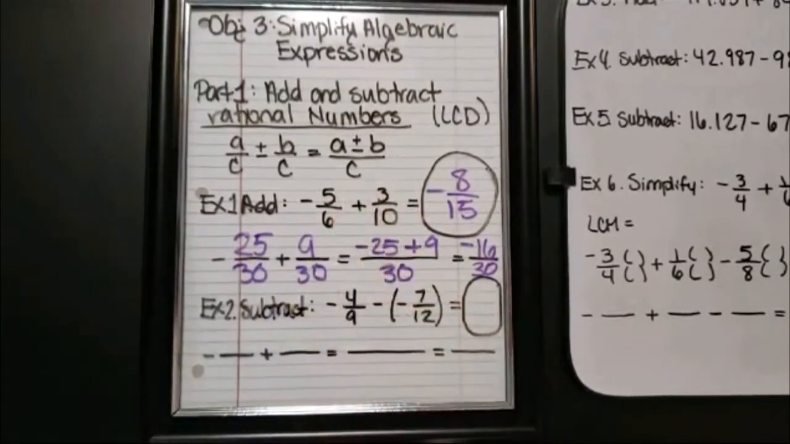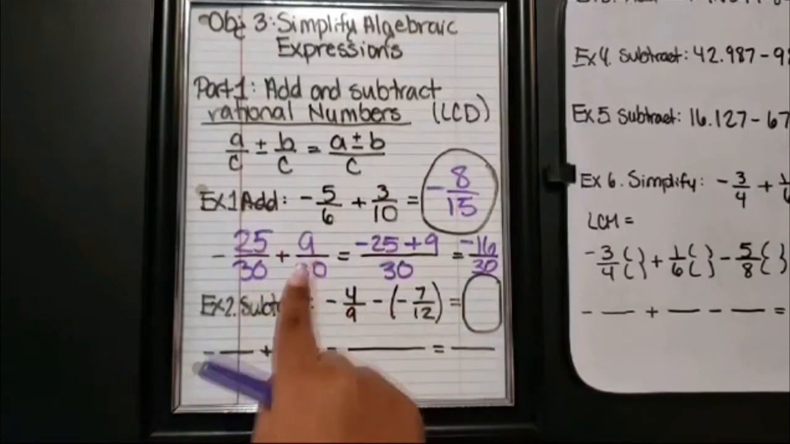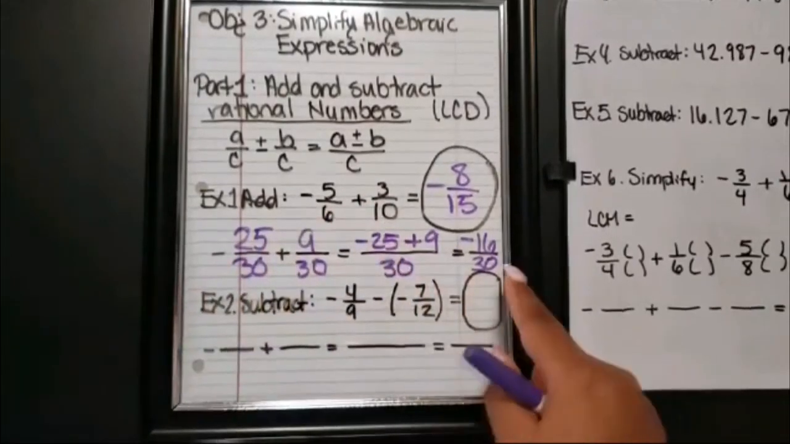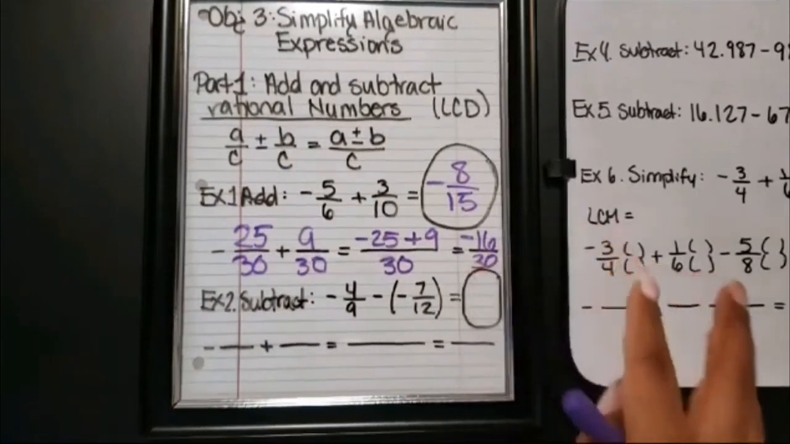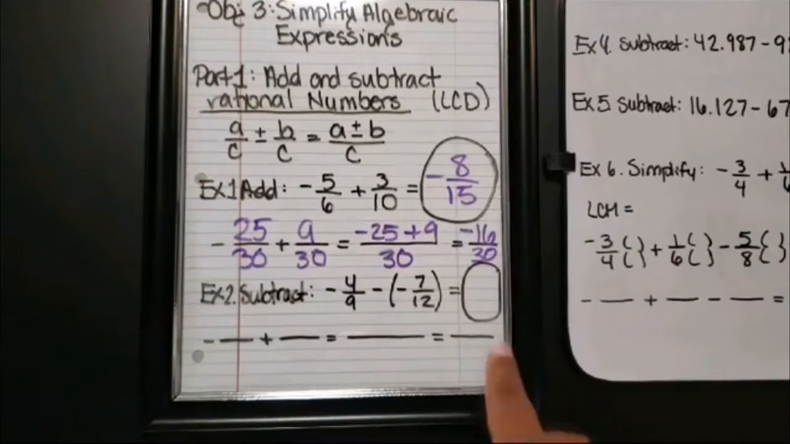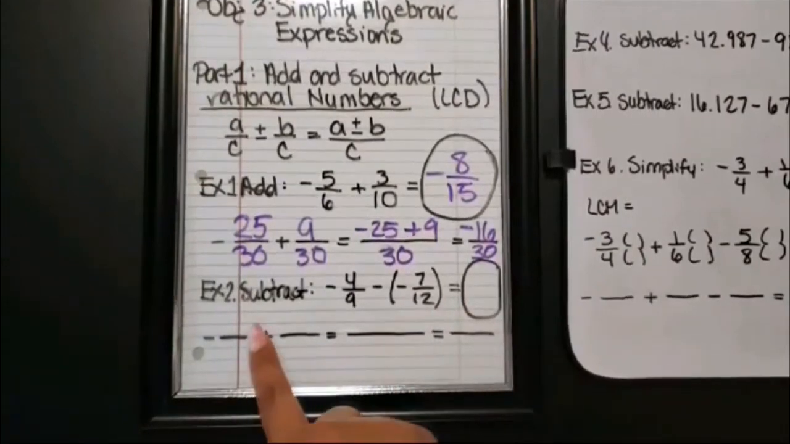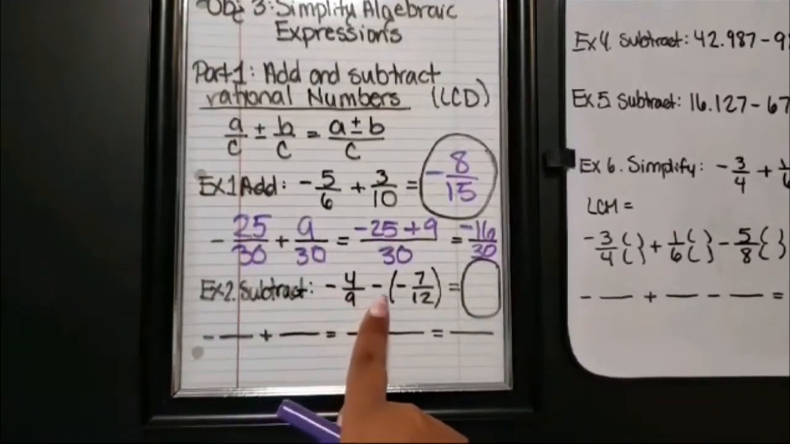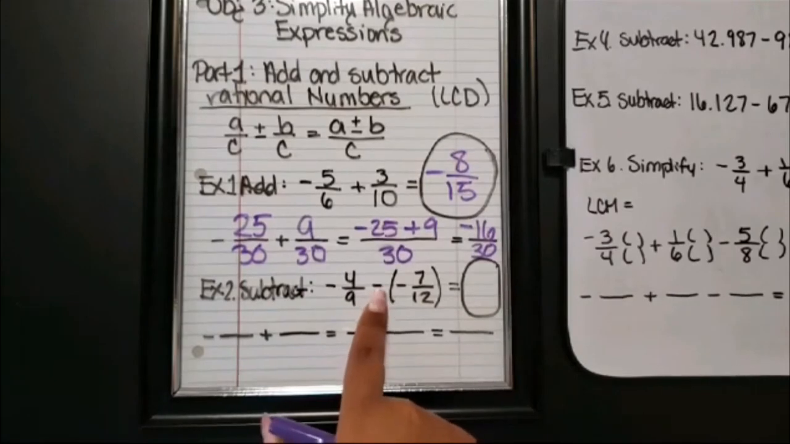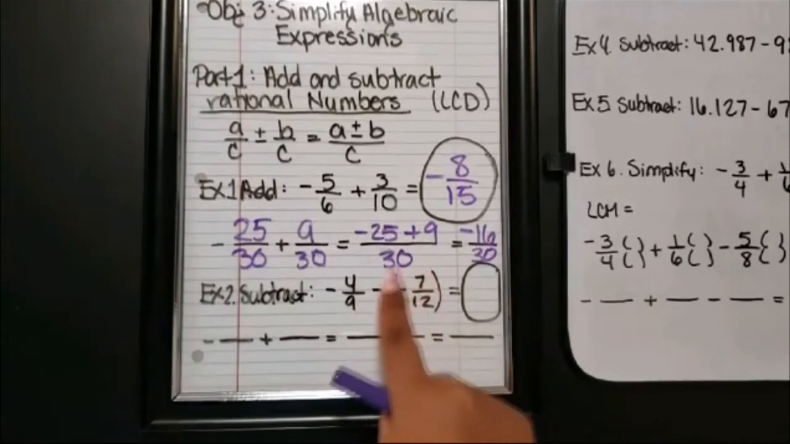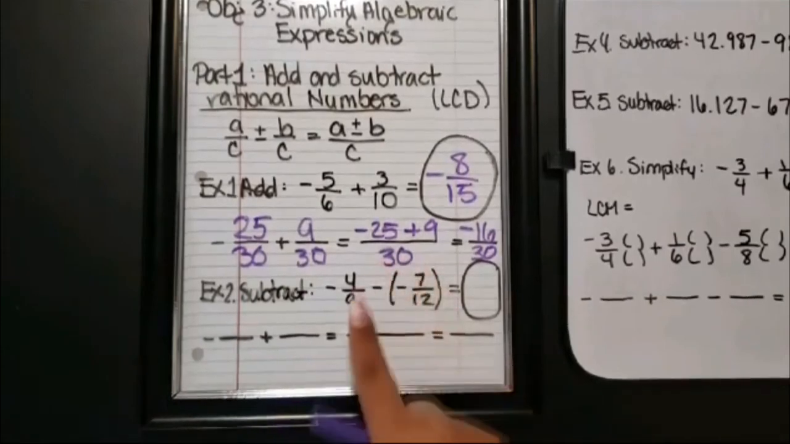All right. But after we find our common denominator, we can better see what our final answer is going to be. All right. So let's look at example number 2. Here we have a negative number minus a negative number. So that means that this is basically going to be plus